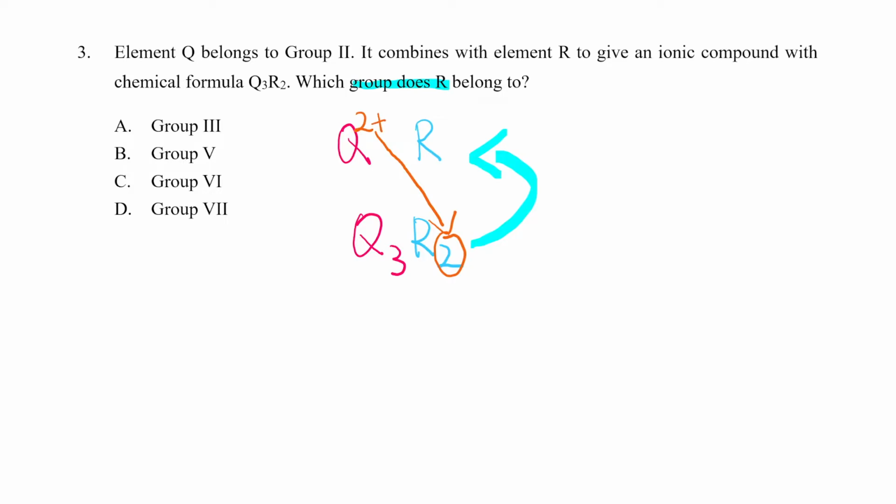And please double check over here. Does it make sense? Yes, it does, because it says element Q belongs to group 2. So the charge should also be 2 plus here. And also, it's in group 2, and it's a metal. So metals, we know they're forming positive ions. They have to be in group 2 especially. It forms 2 plus. Now here, the next one, for the charge on R, very simply,